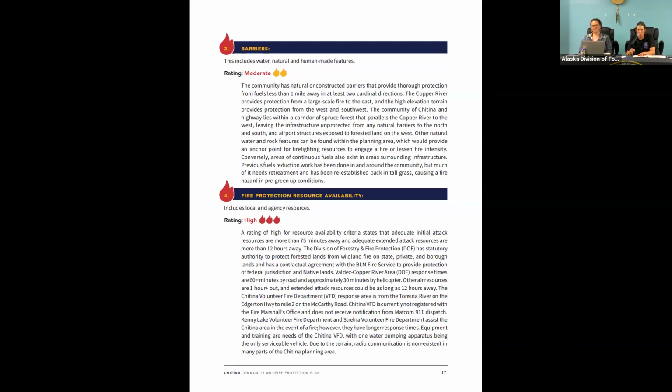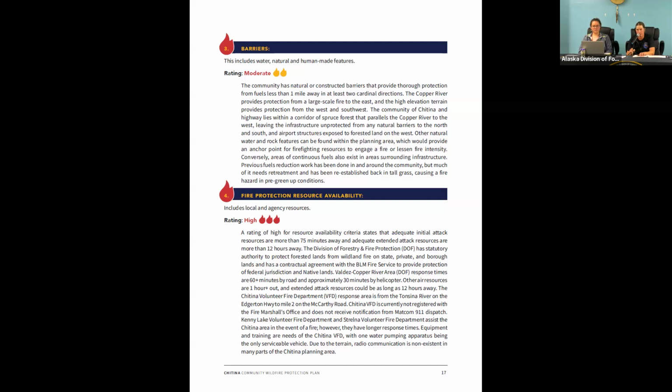To the directions of the west and the southwest, right in the community, that's excluding the O'Brien Creek corridor, there's high elevation terrain, which consists more of that subalpine and alpine vegetative component, which is less flammable, and then ultimately it goes into rock.